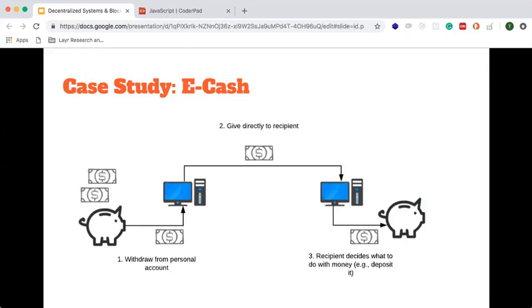They could spend the same money over and over again, create an infinite amount. So this is a problem. We need a way to globally ensure that cash isn't just appearing out of thin air and people aren't spending the same money twice. And this is one use case for a global source of truth